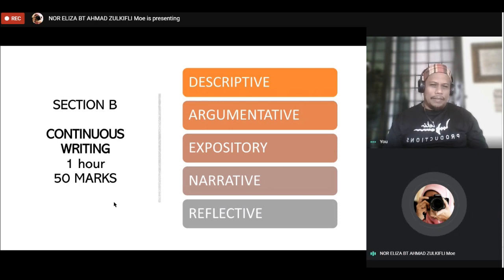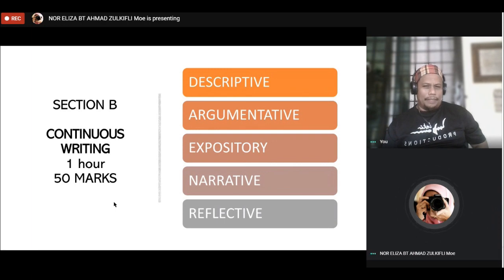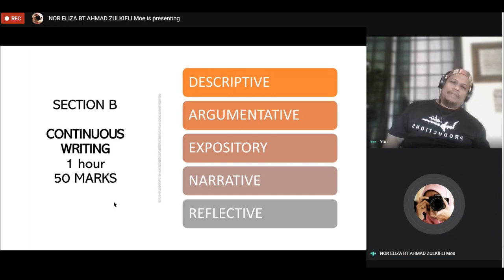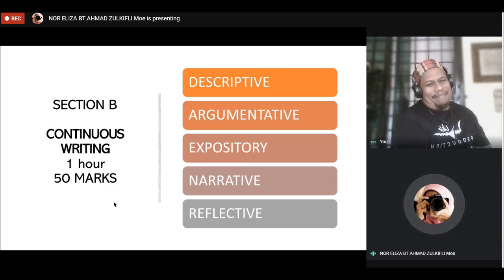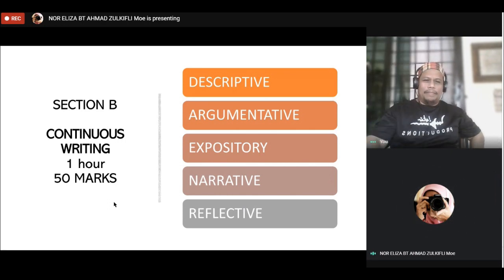Okay, so the reminder is always there in the question. In the question there will be a reminder in the bullet below. That's why you must read from the first word to the very last word, because those are all instructions in the question. So you need to know your task. When you have identified the right task, then you respond accordingly. Then your essay will be good. And when you have fulfilled all the tasks, you will get marks for all the points that you have given, which is very important.